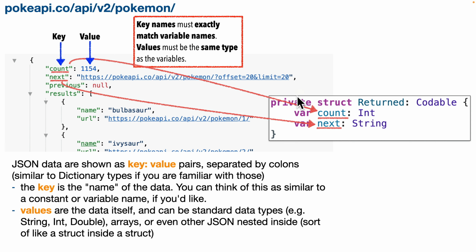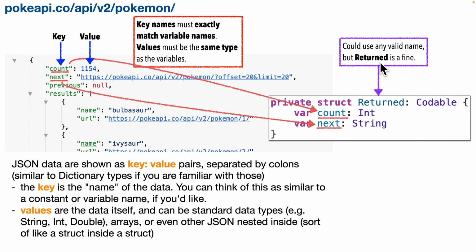Now remember the key names need to match the struct's properties, these variables. Now I could have called the struct itself, the returned up here, any valid struct name, but I like capital R returned, so I often use that in the apps that I create. So this is how we create a container to hold the JSON, but how do we actually get that JSON